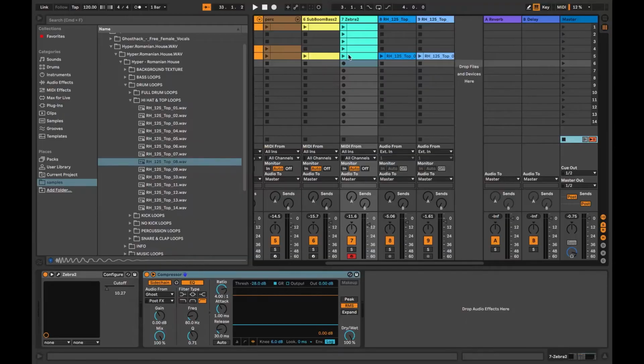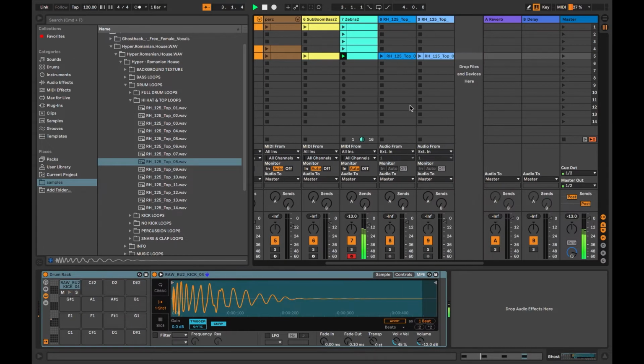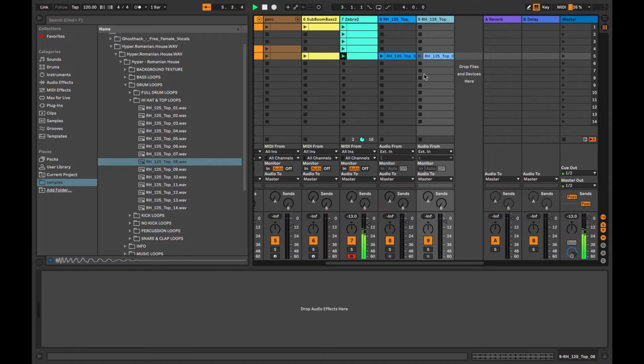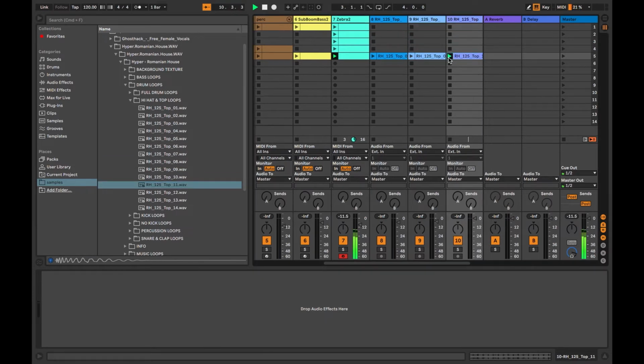Now, once you're adding different loops and stuff, you can do it creatively. And how we do that is, let's say we take the zebra right here, and let's play that on its own, the synth. Right? Let's play with the ghost, so we have that sidechain going through. Right? And now, we can take any of these loops that we're using, and we can ghost it. Or we can take a loop that you're not even going to hear, and use it creatively in this way. Let's pick this loop, for example. Right here, so this one, right? Now, I could mute that,